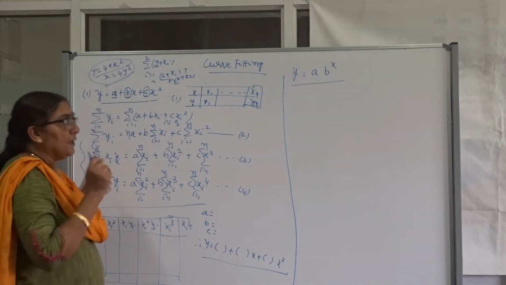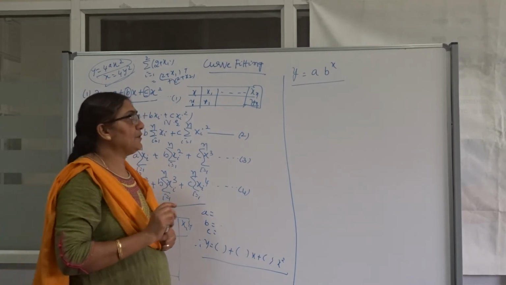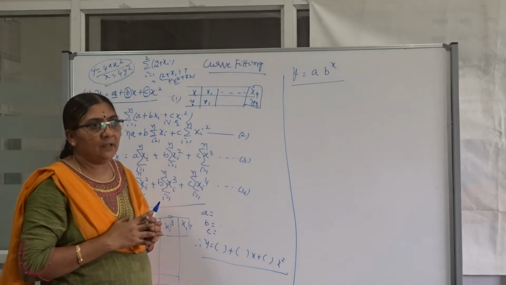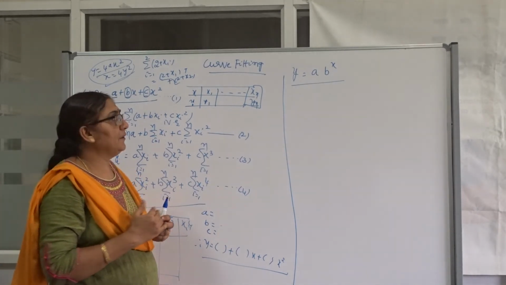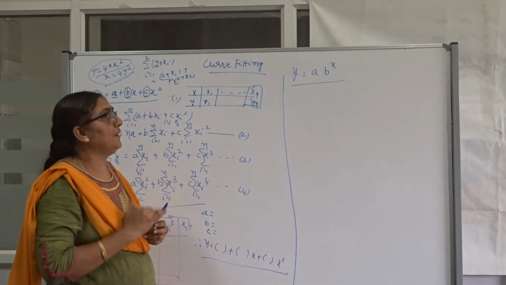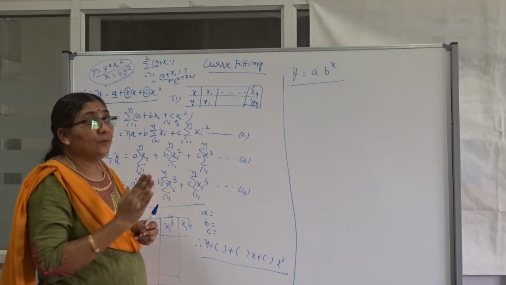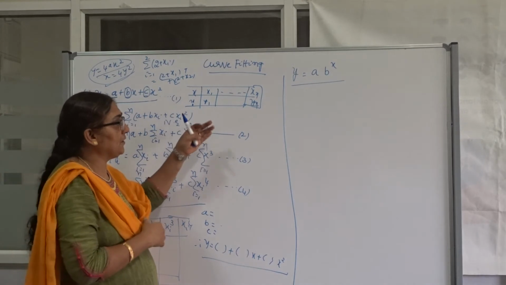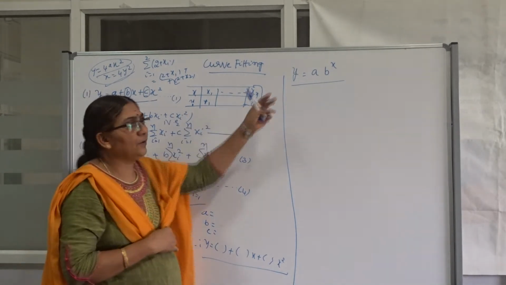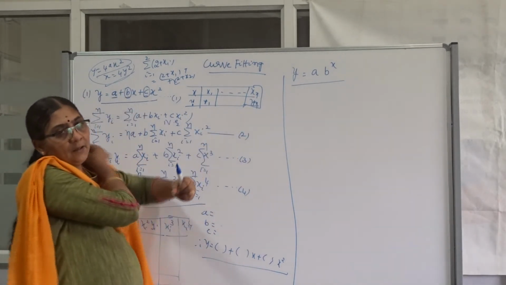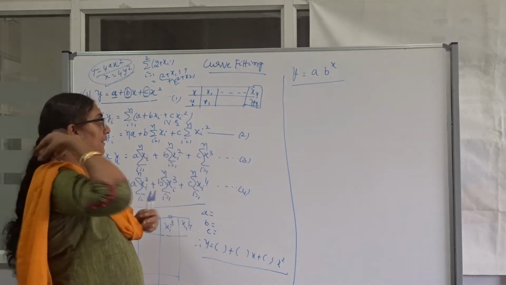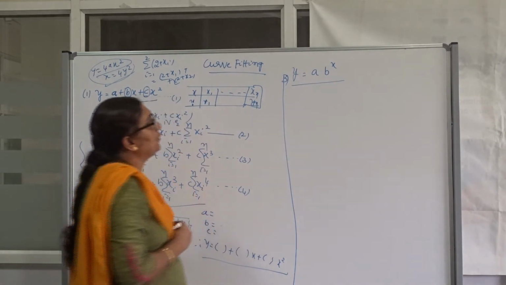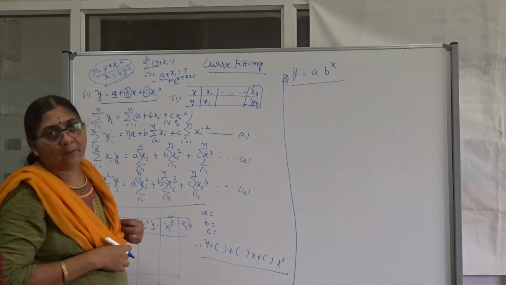Keep in mind, if you want to write a normal equation, first you observe whether it is a nonlinear curve. Yes, it's a nonlinear curve. You have to convert this nonlinear curve into the form of a polynomial, and then you write the normal equation. Then only do you get the original concept of partial derivative equal to 0; that equation and this equation are the same. Now, this is the third curve. How to fit the curve y is equal to a into b power of x?